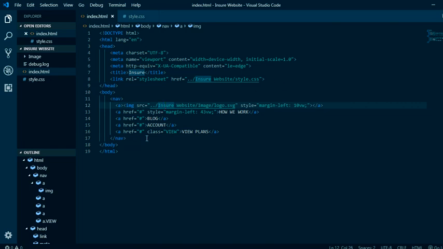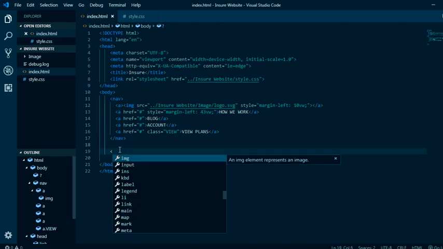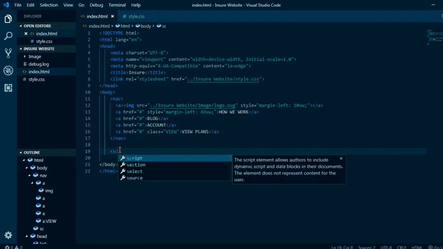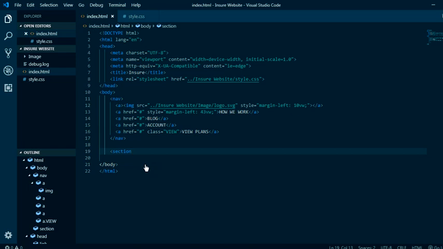So firstly, we are going to create a section below the nav bar. Okay, we are going to create a section that will contain the header. Okay, this is a section that will contain the header. Inside this section we are going to create